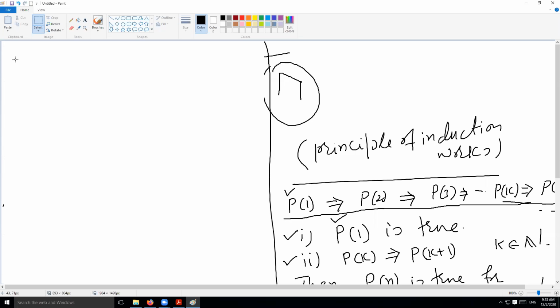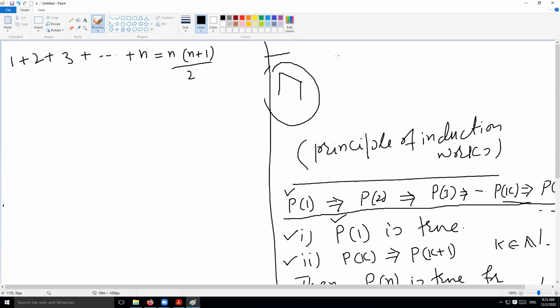Imagine you have this sum, the sum of the first n natural numbers: 1 plus 2 plus 3 and so on, plus n, is equal to n times (n plus 1) over 2. There's a beautiful story behind this sum.